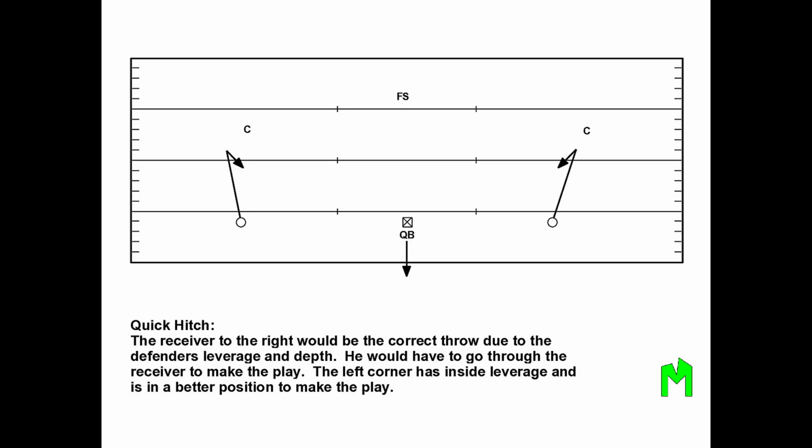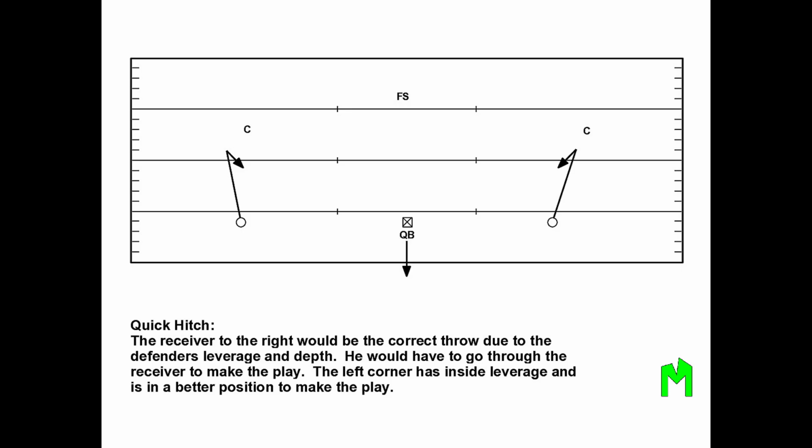The quick hitch is a great example of reading defensive leverage. Here, the right receiver is the correct target because the defender covering him has to navigate through the receiver to make a play, giving the QB a better chance for a clean throw. Meanwhile, the left cornerback has inside leverage and is better positioned to defend. So recognizing these subtle differences in defender positioning and depth helps the QB choose the safest and most effective option